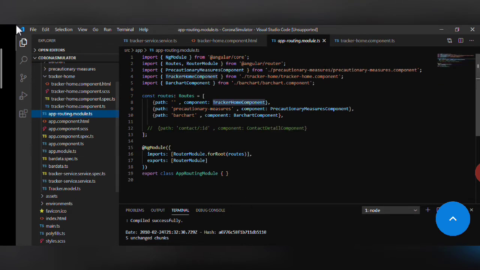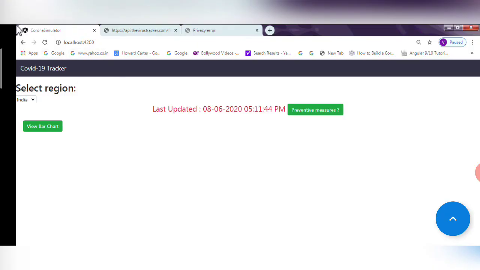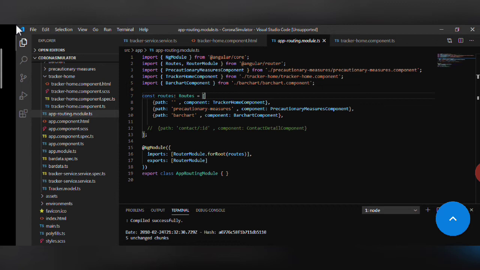Now we will go to app.routing.module.ts. In this, the only part we have to change is to add the number of paths in our application in this routes array. Initially it will be empty, with no path. As our main page is this one and we don't have any URL appended here, just localhost 4200, as it is empty we will not give any text here.